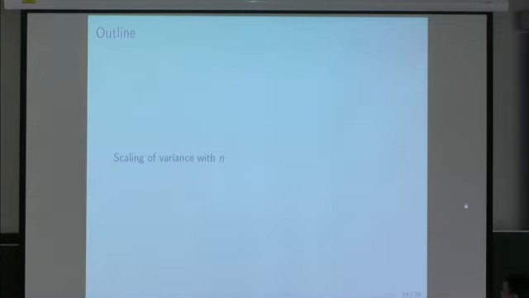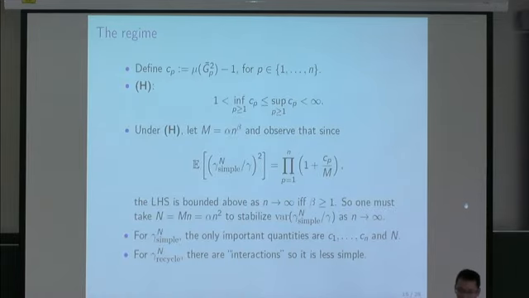Okay, so the point of the scalability is really to talk about the scaling of the variance with little n, and for this we make some minor assumptions so that we know what we're talking about. I'm going to define c little p to be the relative second moment of GP minus 1, and I'm going to assume that all of these CPs are bounded. They're lower bounded by something bigger than 1, so that it's interesting, and they're upper bounded by some finite constant.